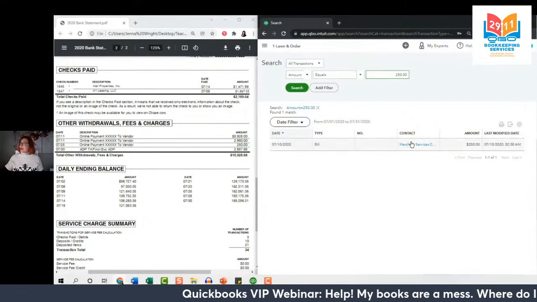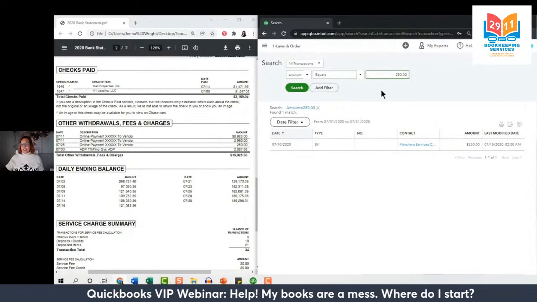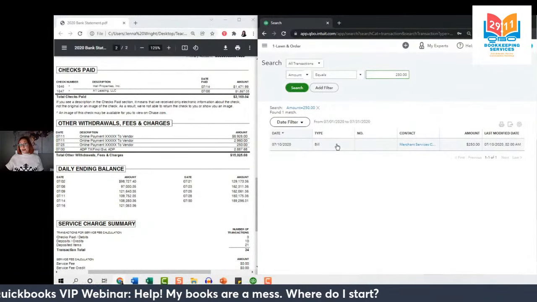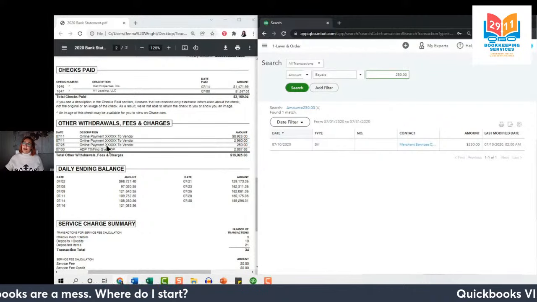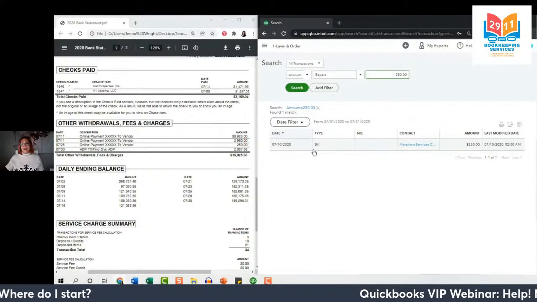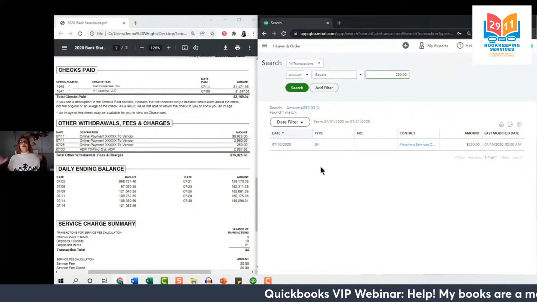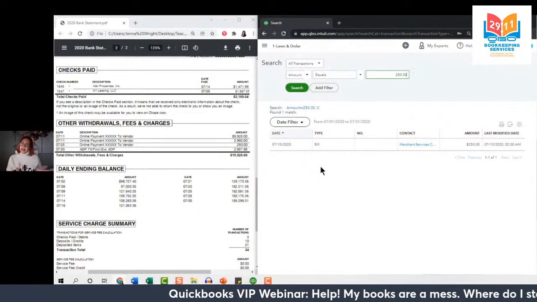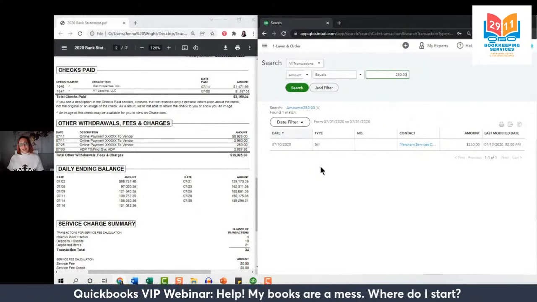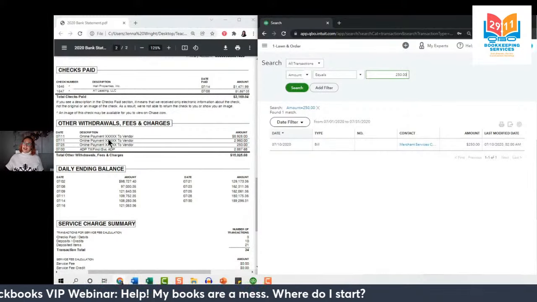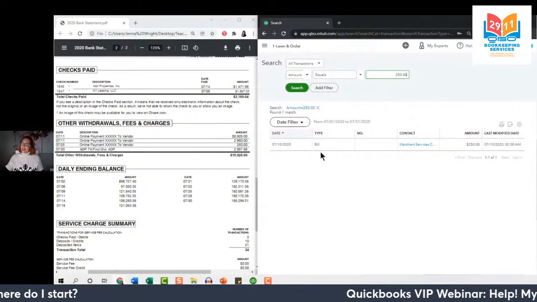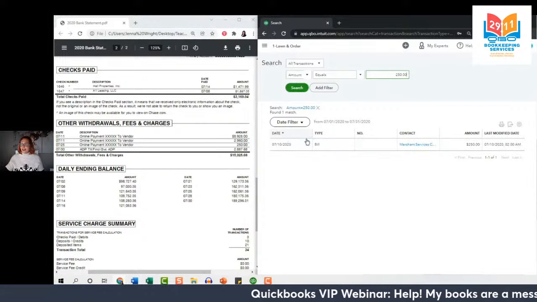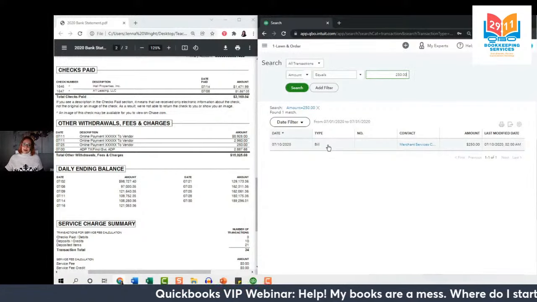And look at that. We're just searching by amount. We're not searching by transaction type. I've got a bill recorded on July 10th, so maybe this bill payment belongs to this bill. So this is the point where we want to go search through the real world records. And it turns out I did make an online payment to our merchant services company, this vendor, for this bill about 2 weeks later after the bill occurred.